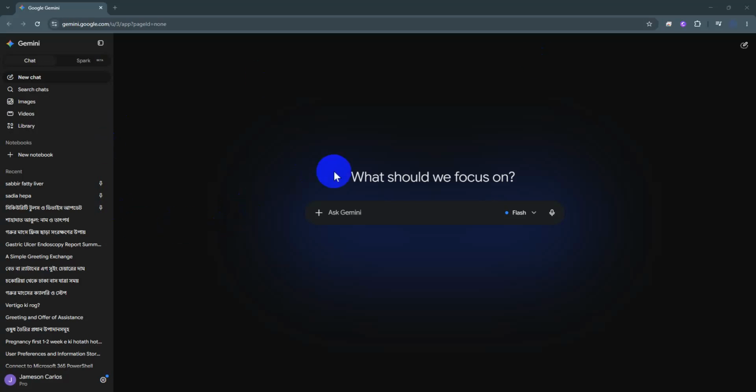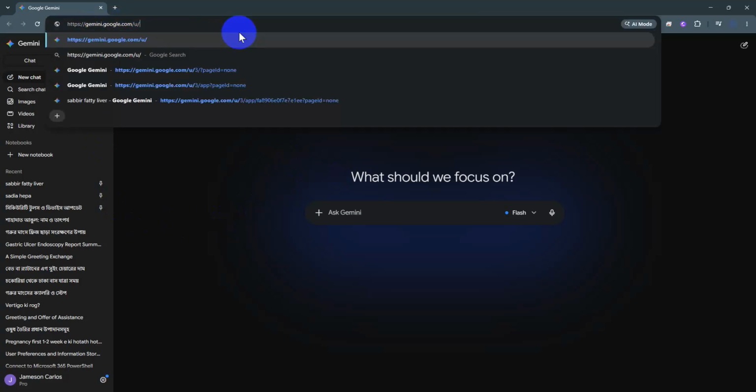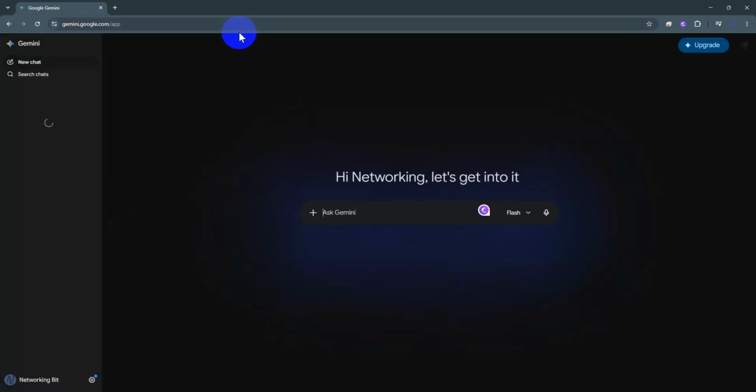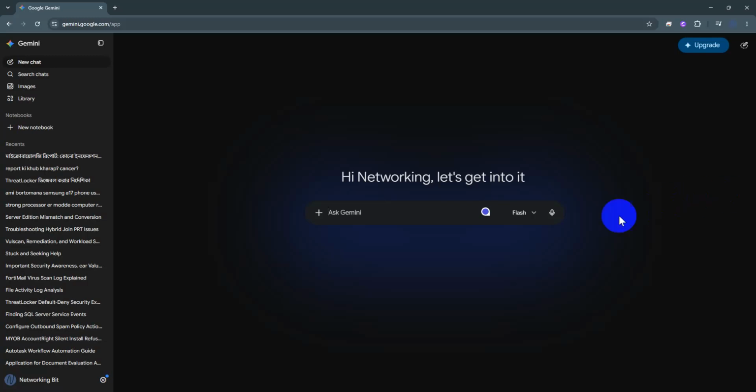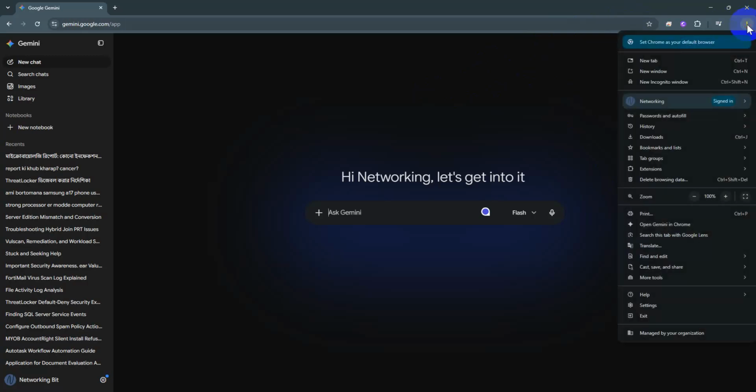So first, open Google Chrome on your computers and go to gemini.google.com. Okay, then sign in with your Google accounts if you are not already signed in. Then once Gemini is open, go to the top right corner on Chrome and click the three dots and